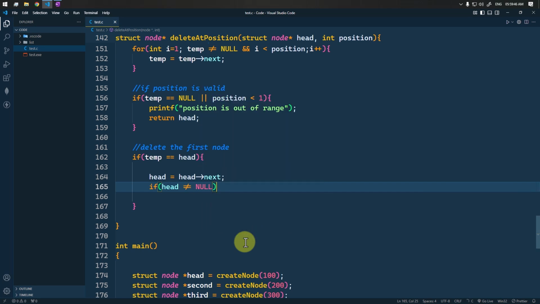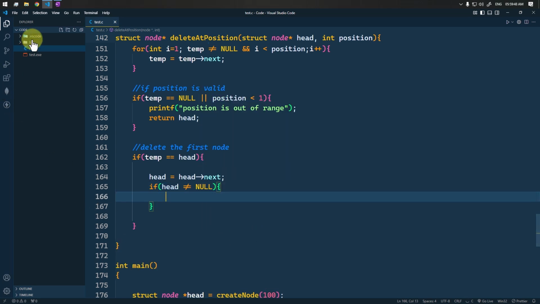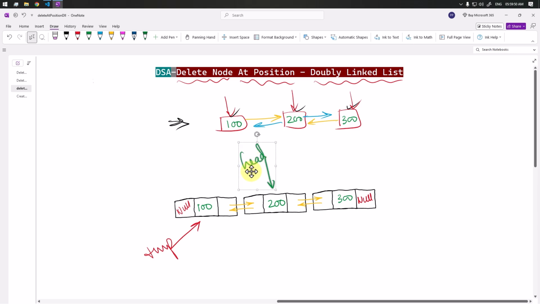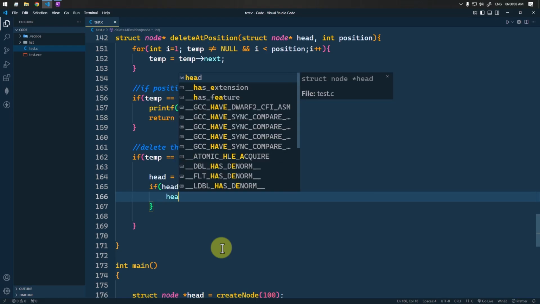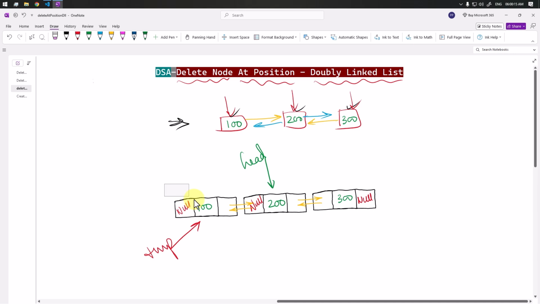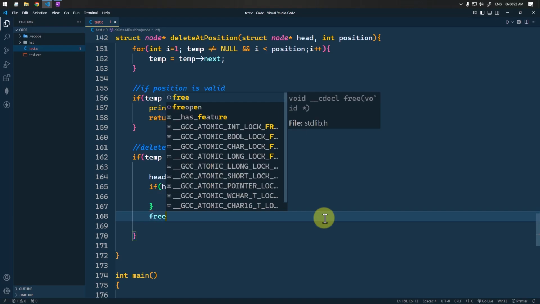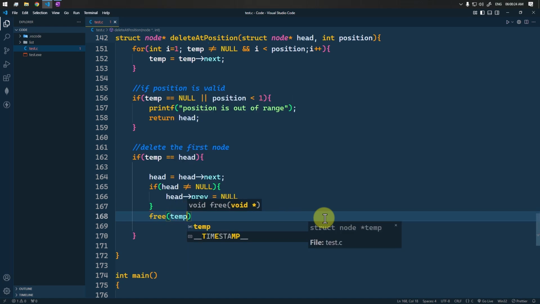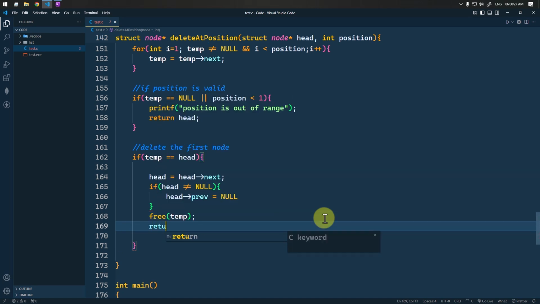So after the shift, if the head is not null, that means the head is pointing to some other node. In that case, we have to set null to the previous pointer of this new head node. So the new head's previous pointer will be set to null, and then we have to free the memory allocated by this node, which is pointed to by this temporary pointer. So free the temporary node,